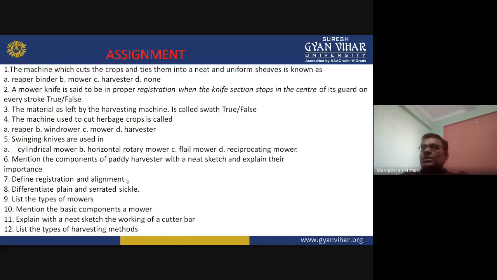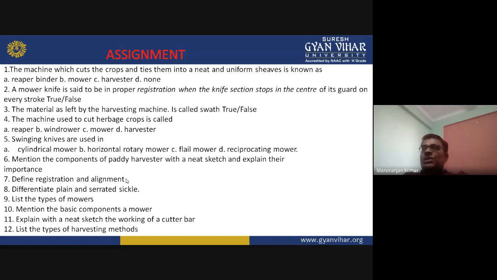The second question: a mower knife is said to be in proper registration when the knife section stops in the center of its guard on every stroke. Is this a true statement or false? Third question: the material left by the harvesting machine is called swath. True or false? So this is true.